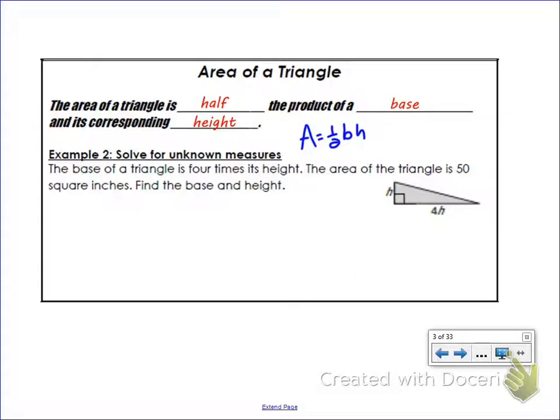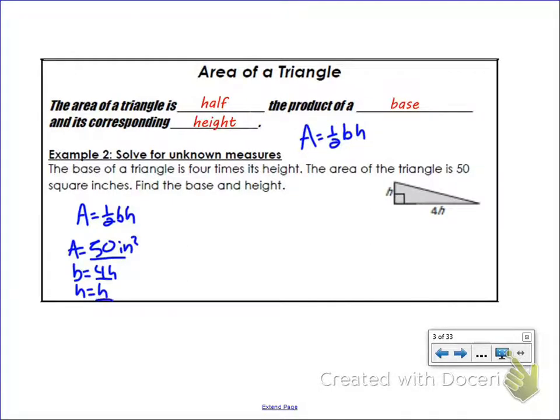So in example 2 here, we know that the base is 4 times the height. So if we call the height h, then the base would be 4 times h. The area of the triangle is 50 square inches. We want to find the base and the height. So we're using the area formula. Area equals 1/2 times base times height. Okay, if we list everything we have here, we have area, which we know is 50 square inches. The base is 4 times h, and we don't know what the height is. Height's just going to be h in this case. So we're going to fill everything